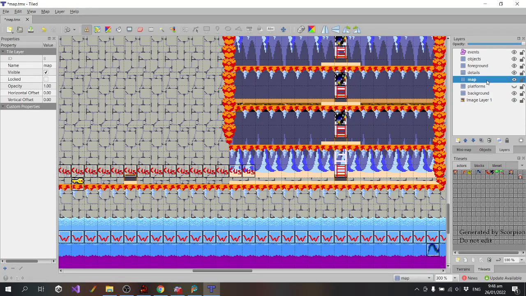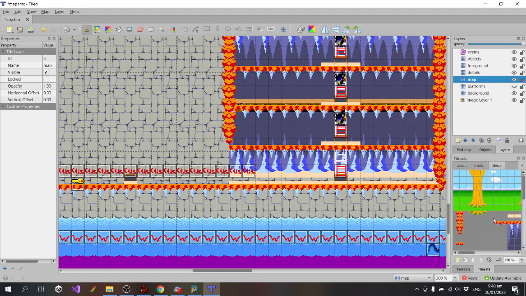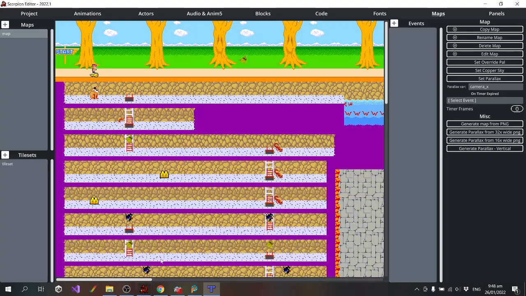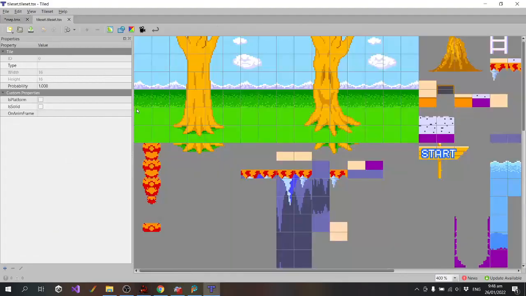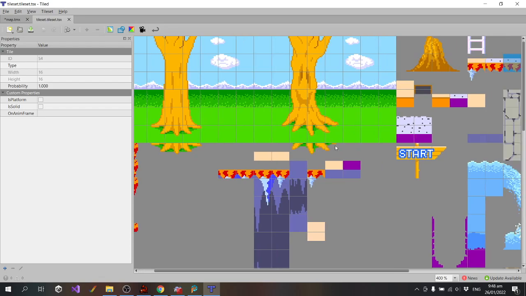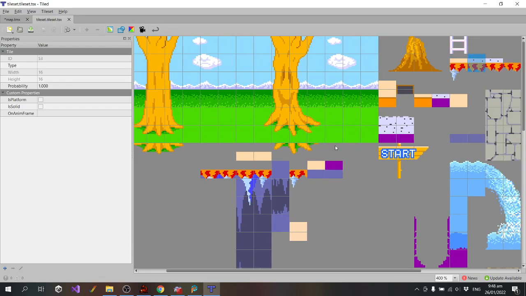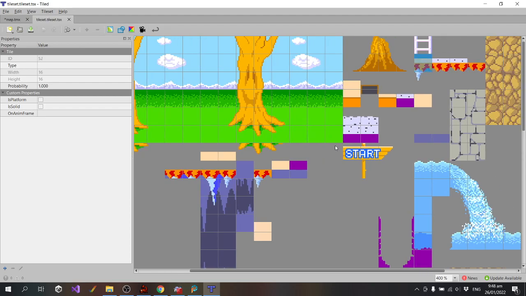Oh, the one on the map layer. Okay, so it's tile 52. No, those ones aren't set as solid for some reason. I'm not sure if there was a reason for that. Well, that one is set as solid.